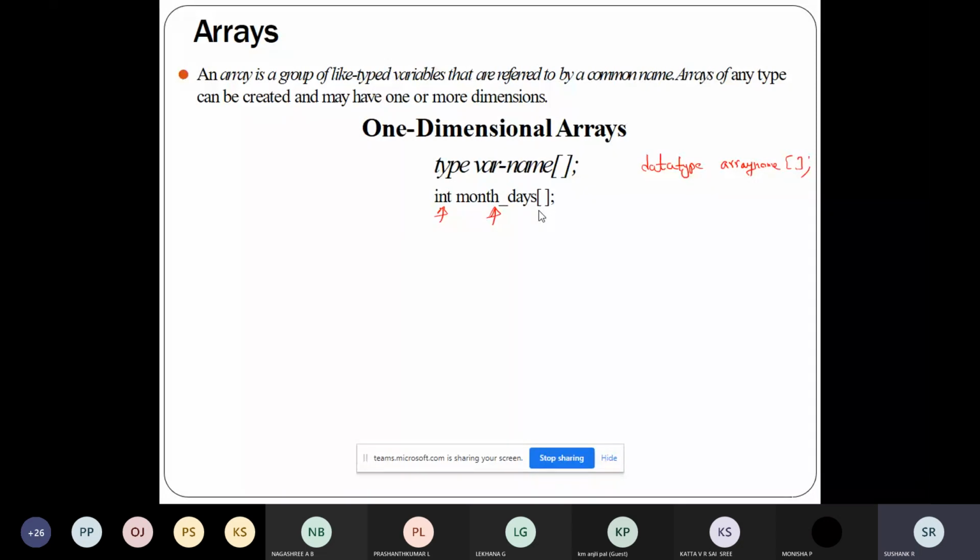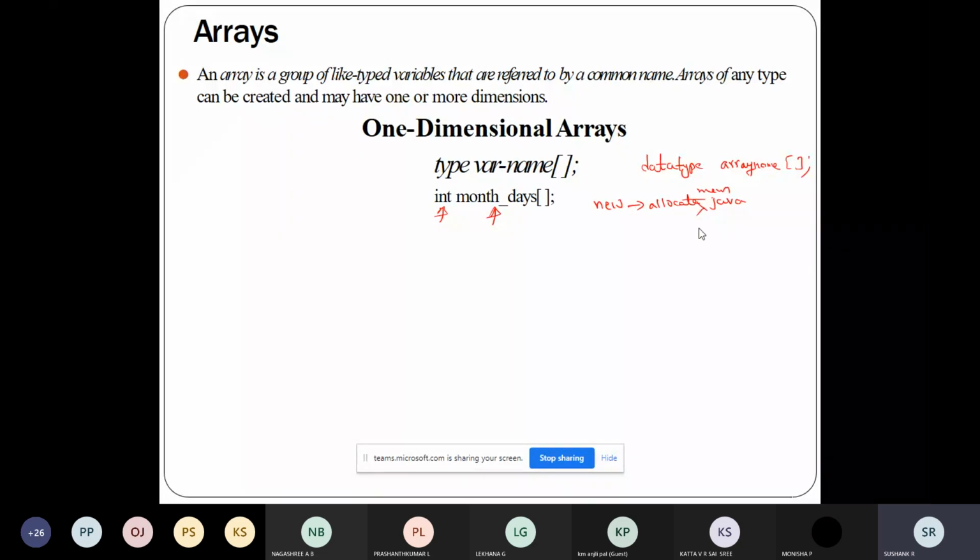So in order to allocate values, you should use an operator called new. What is this new operator? It's an operator which will allocate memory in Java.